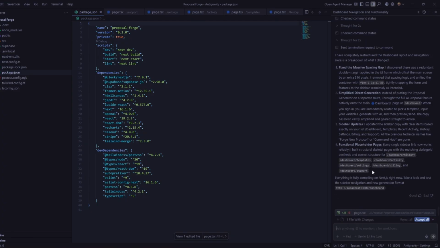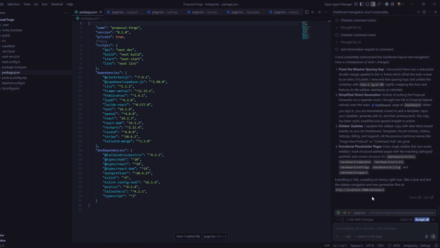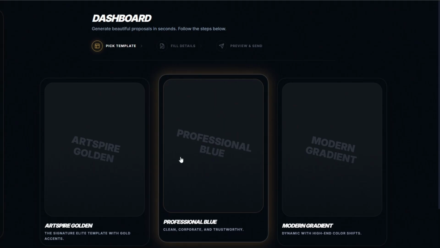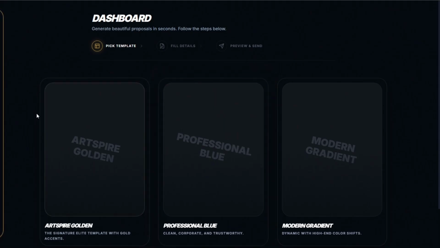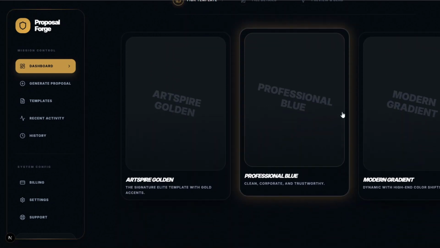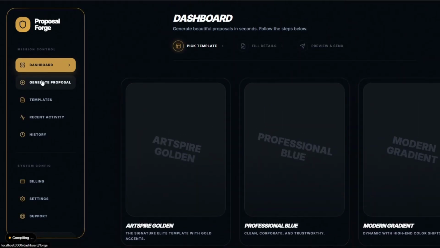You can see it's successfully completed making the changes that we instructed. So now let's go ahead and refresh our link to see if it's made the changes for us. So here you can see our dashboard. It reduced these spaces, as we instructed it. This is amazing. So here we're going to pick a template, fill the details, and then generate our proposal. This is incredible. When you click on the generate proposal